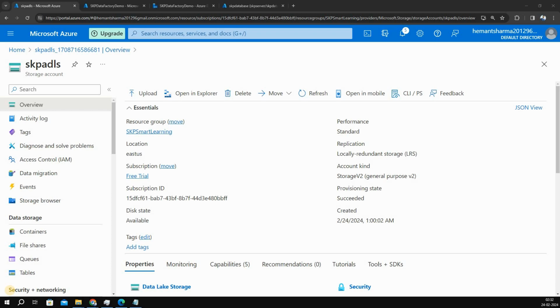We are going to create a new linked service for Azure SQL. So LS sink SQL. This is an online service, so cloud service. So we'll use auto resolve integration runtime only. Subscription would be free, and server name would be SKP server, and database we had only one database, SKP database. Authentication would be always SQL authentication. Username is